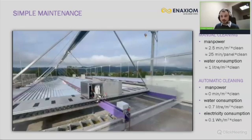Secondly, maintenance is a key aspect of concentrating technologies, because if the reflectivity of the mirrors is degraded because of soiling or dust remaining on top of the mirrors, then this has a direct impact on the efficiency of the system. So we have developed a cleaning unit, taking advantage of our prefabricated panel concept. We make use of the structure of the panel to make this platform that you can see on the picture